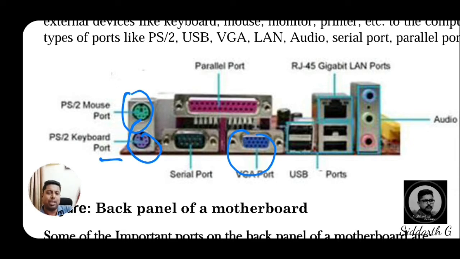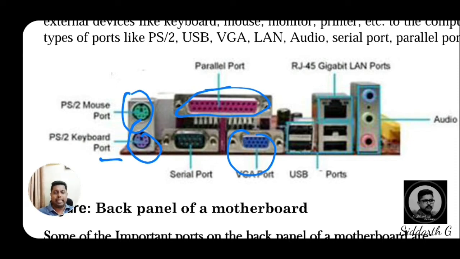So this is what it looks like in a blue color, the female port we are used to connect to the motherboard. Then above that VGA port, if you are observing, there is one parallel port that is used to connect some devices. Many devices will connect with the help of the parallel port. On that time these kinds of ports are used. But compared to the serial and parallel ports, it will differ in the number of pins we have.